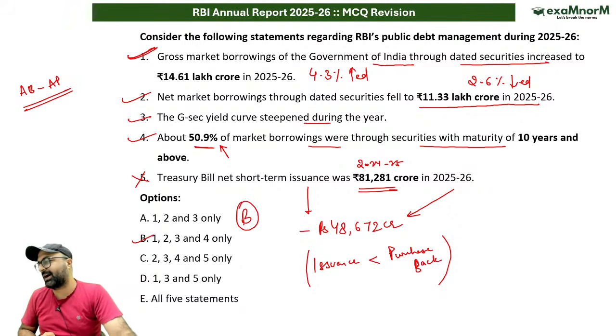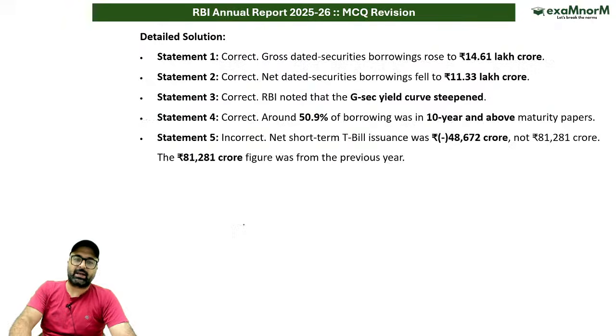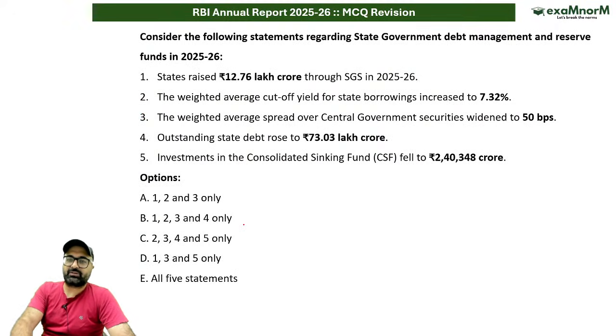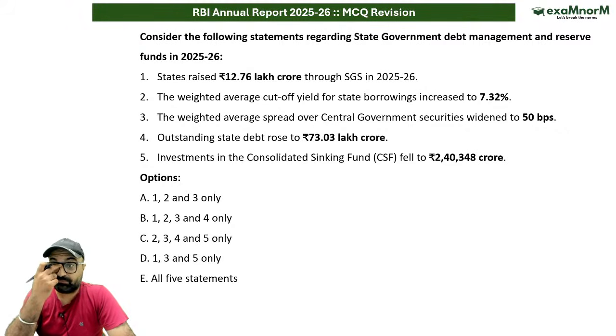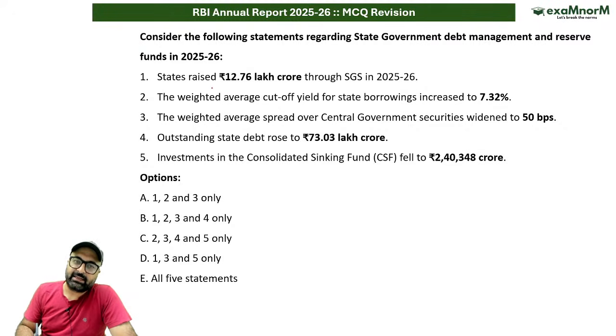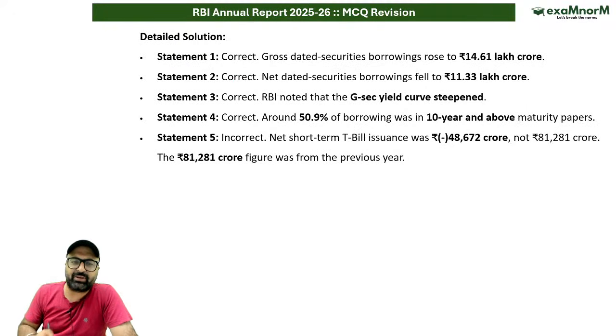1, 2, 3, 4 are correct. ठीक है जी, क्लियर हो गई बात, समझ आ गया। चल अगले क्वेश्चन पे बढ़े। अगला क्वेश्चन क्या कहता है, कंसीडर द फॉलोइंग स्टेटमेंट विद रिस्पेक्ट टू द स्टेट गवर्नमेंट। अगर मैं स्टेट गवर्नमेंट की हालत देखूं तो स्टेट गवर्नमेंट की क्या हालत है। स्टेट गवर्नमेंट्स पे जाने से पहले ना मेरे दिमाग में एक चीज आ रही है, जो मैं आपके साथ डिस्कस करना चाहूंगा, दैट इज रिलेटेड